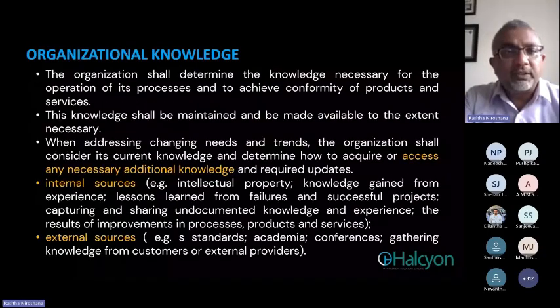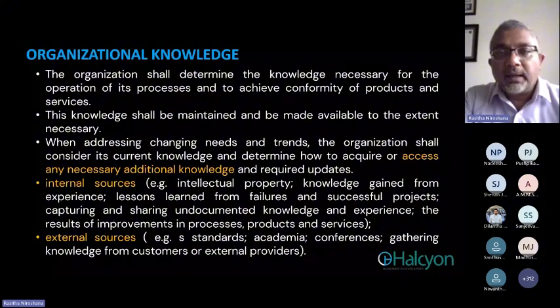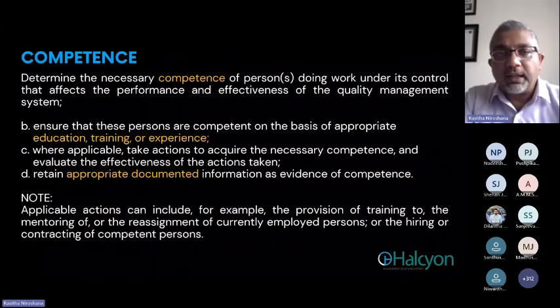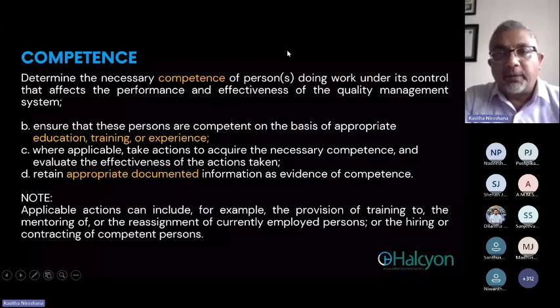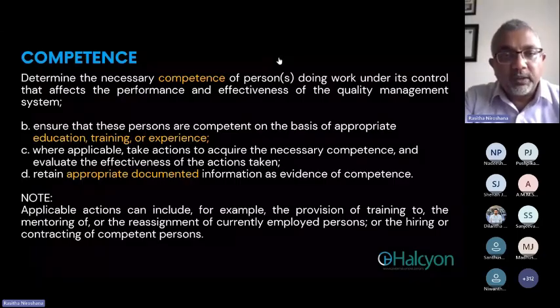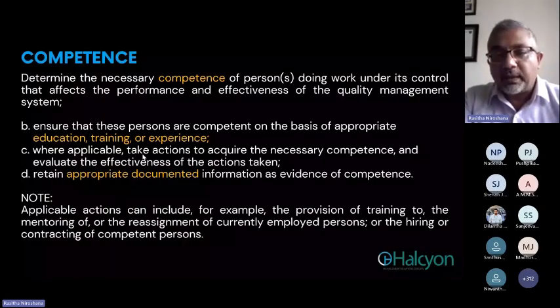In any organization, determine the necessary competence of persons doing work under its control that affects the performance and effectiveness of the quality management system. Ensure that these persons are competent on the basis of appropriate education, training, and experience. Where applicable, take action to acquire the necessary competence and evaluate the effectiveness of the action taken. Retain appropriate documented information as evidence of competence. Note, applicable actions can include, for example, the provision of training to, the mentoring of, or the reassignment of currently employed persons, or the hiring of